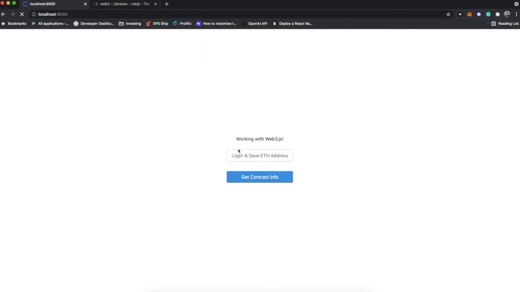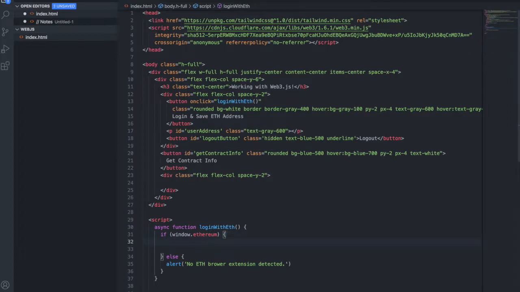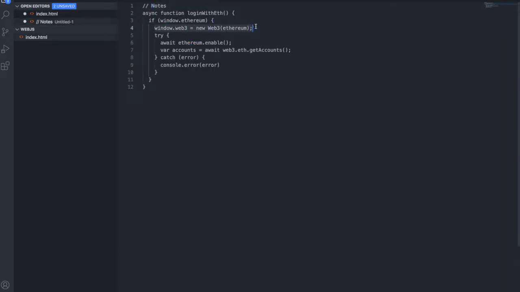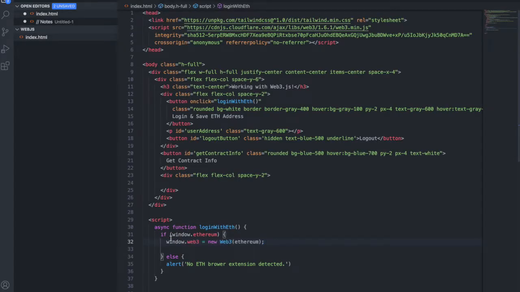Now, in this browser, which we're going to have to reload, we don't have dynamic reloading, so every time we make a change, we'll have to refresh. But with this button, if we click it, we shouldn't get the alert, and nothing happens. So what we're going to need to do now is do two things. First, we're going to have to establish a Web3 instance, which I've already kind of done here, where we're going to make a window.web3 instance. And we're pretty much going to take the Ethereum object that already exists and pass that into Web3. What this does is initialize a window.web3